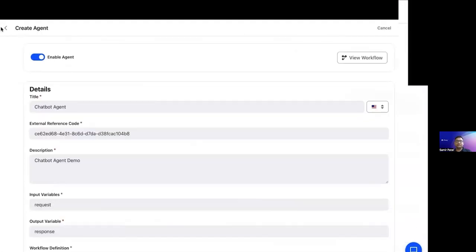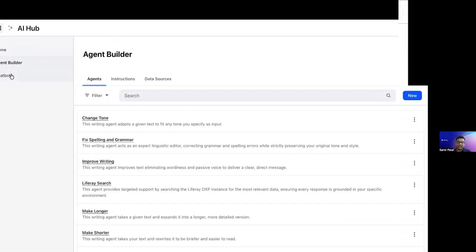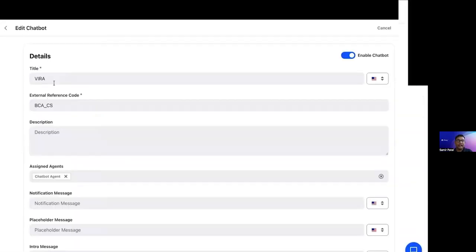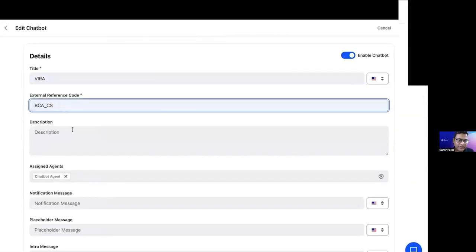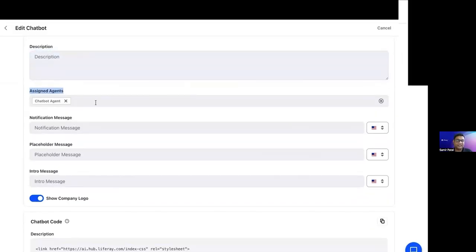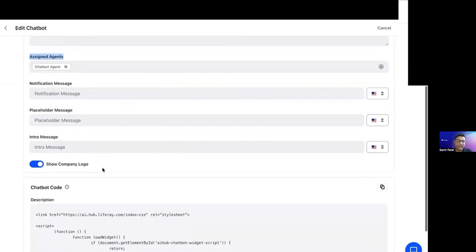And this workflow, once enabled, can then be configured for an AI chatbot. So once I have an agent connected to a data source based on a workflow, I can create a chatbot, right? And then using this chatbot, I can, of course, assign the agent that I've created, which is the chatbot agent. And once I do this,